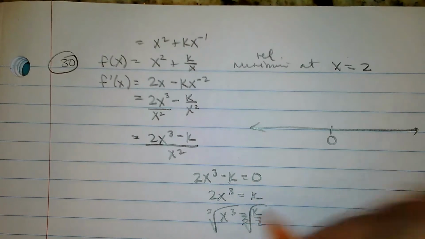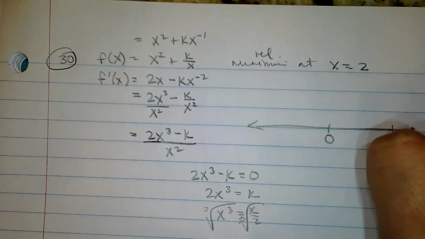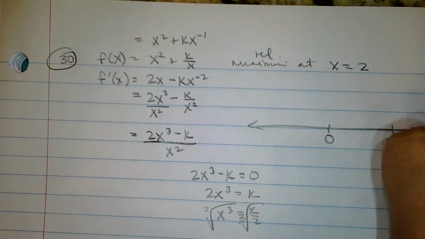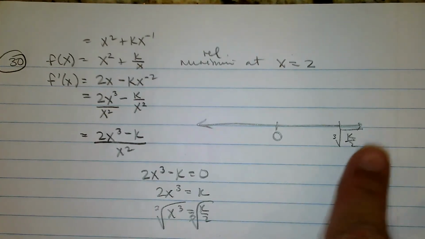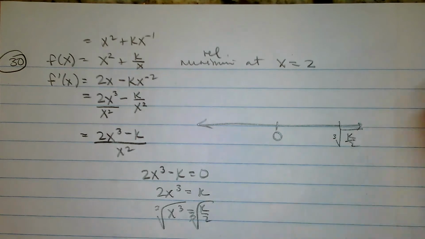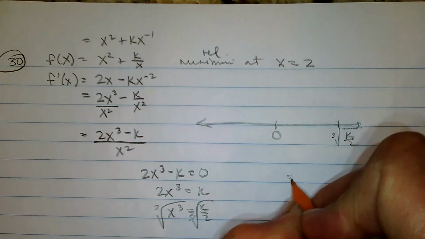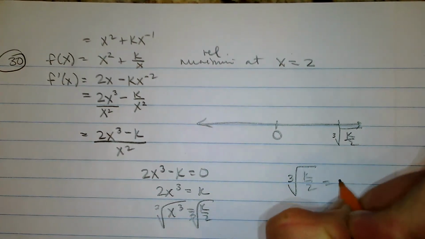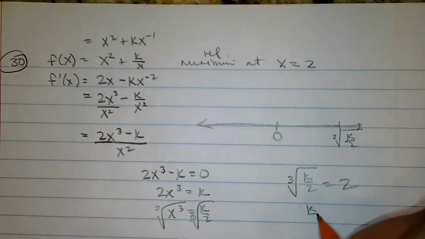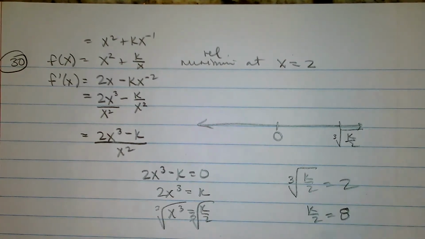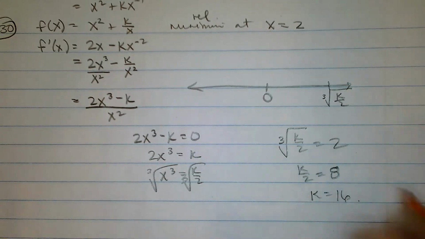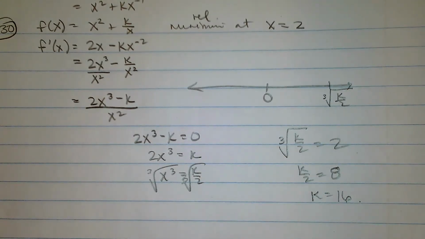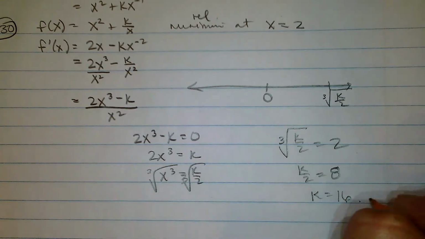So the cubed root of k over 2, wherever that could be. So if they're telling us that the relative minimum is at 2, then that critical point must be 2. So if I set the cubed root of k over 2 equal to 2, cube both sides, multiply by 2 on both sides, it would have to be a k value of 16, which is option A,